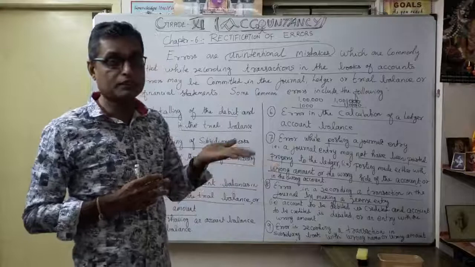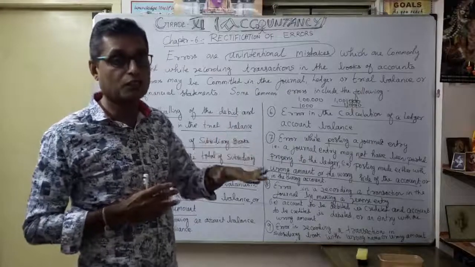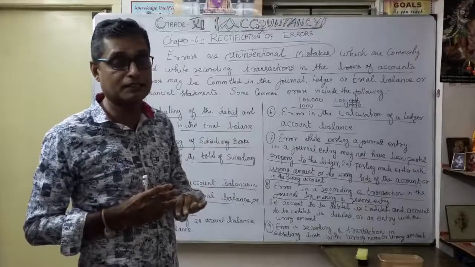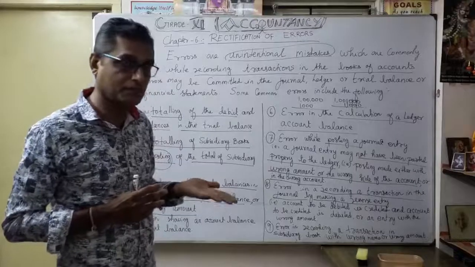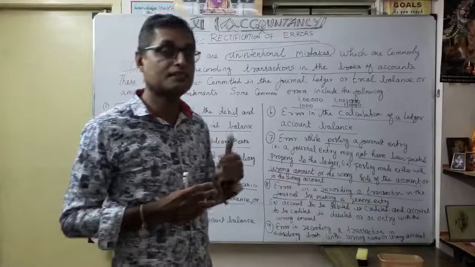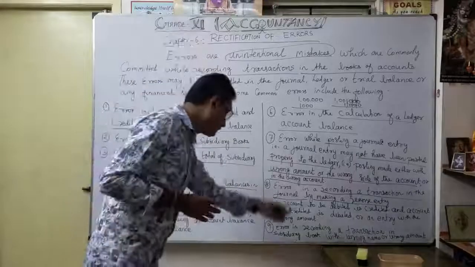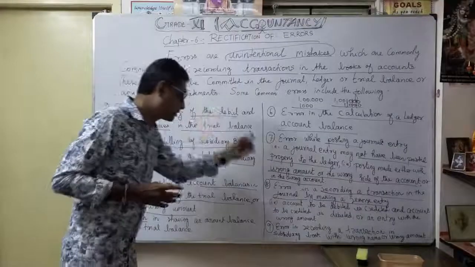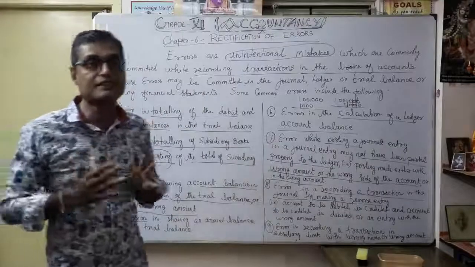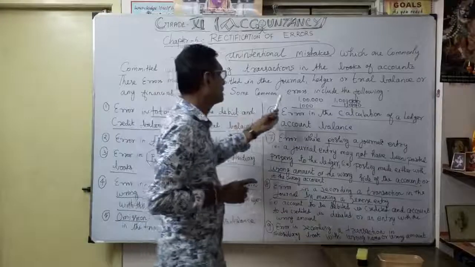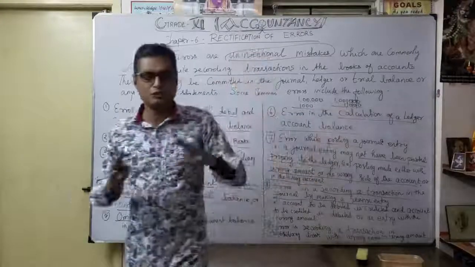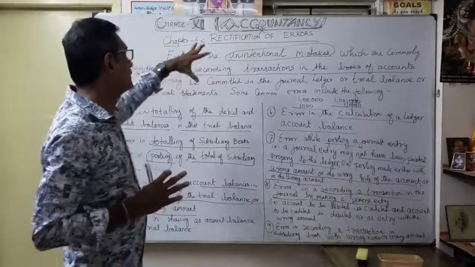Whenever we post any amount wrongly, or the side is also wrong, for instance instead of debit we have written a credit balance, or in a debit balance, instead of the debit side, written as the credit side. We should be very careful. First, you have to identify and read very well. These are the 9 errors that usually occur, some common errors. That's the discussion. Now the first introduction under rectification of errors.